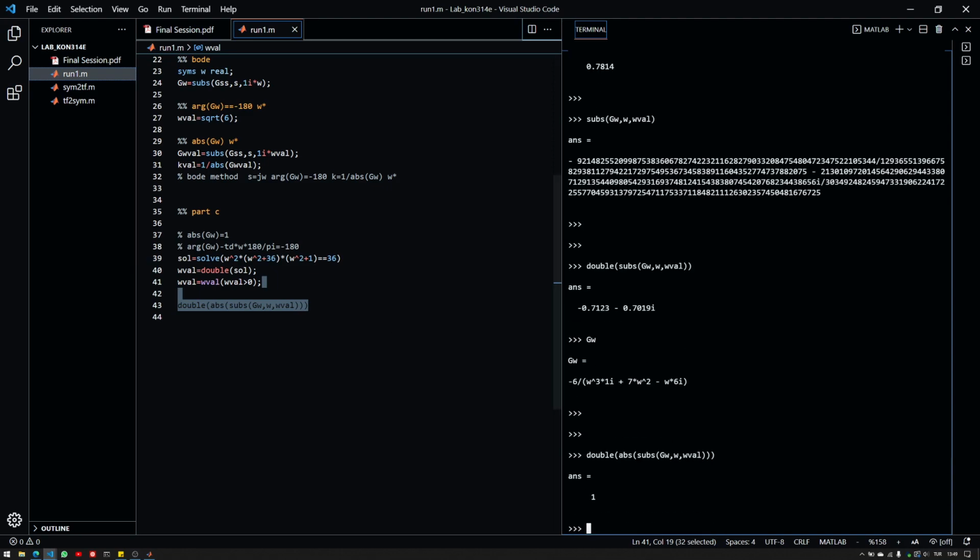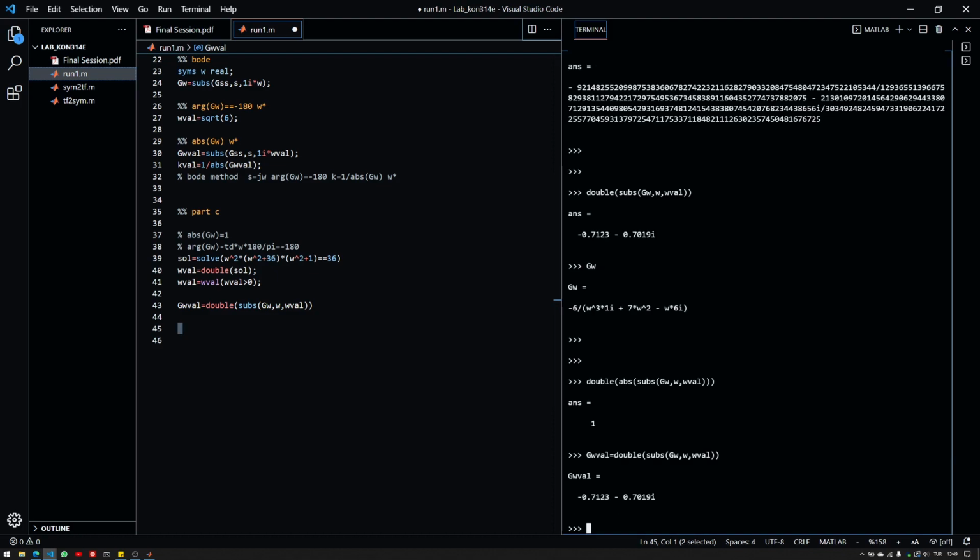And there we go. The absolute value is indeed equal to 1, but this value is also important because instead of taking the absolute value of this, as you've seen, there was a complex number. That complex number can give me the phase angle that I'm going to look for. So you don't really have to go back and use the argument here and then arctan and all the trigonometric stuff. Since you've evaluated omega, you can just evaluate the transfer function at that omega. That will give you a numerical result, and then use your calculator maybe to convert this into polar coordinates,